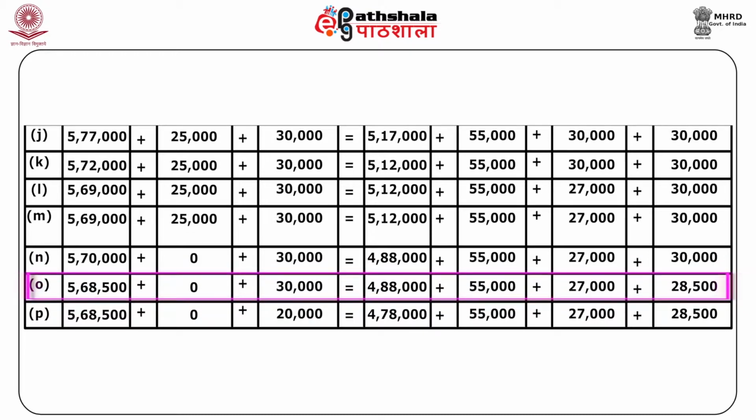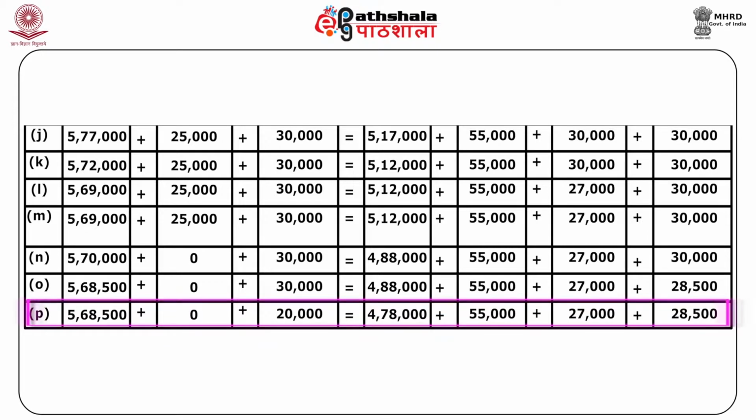On O part, we have 5,68,500 of capital plus 30,000 of liability, which will give 4,88,000 of cash plus 55,000 of stock plus 27,000 of furniture plus 28,500 of debtors. Then on P part, we have 5,68,000 capital plus 20,000 liabilities, which will give 4,78,000 of cash plus 55,000 stock plus 27,000 of furniture